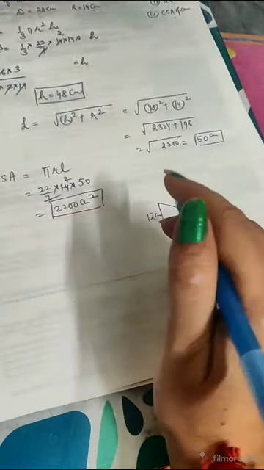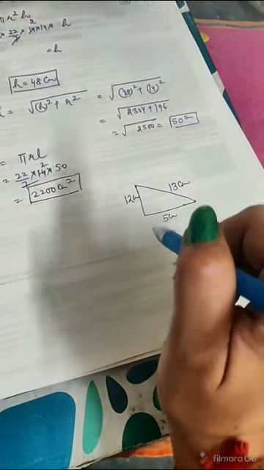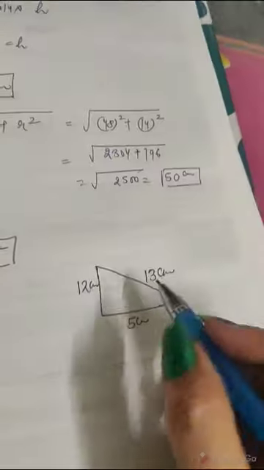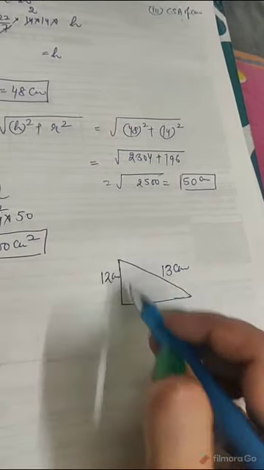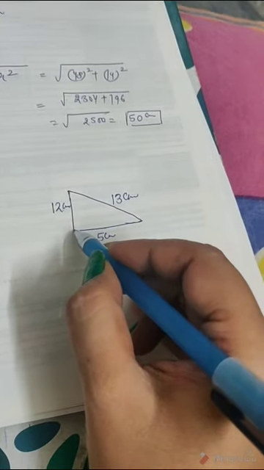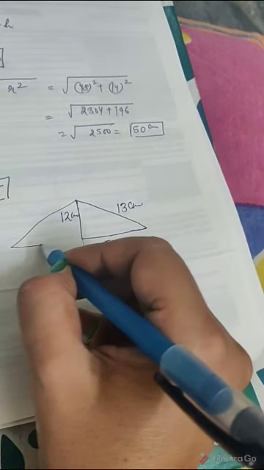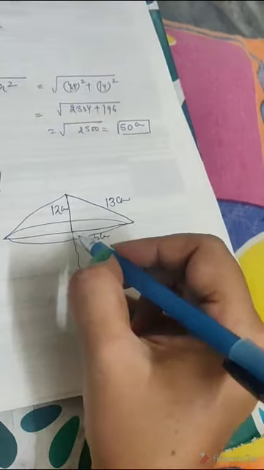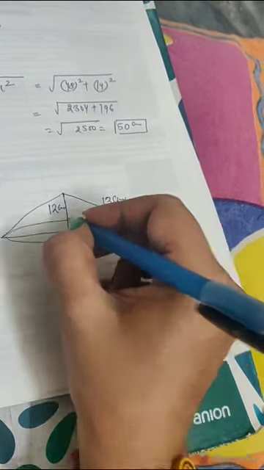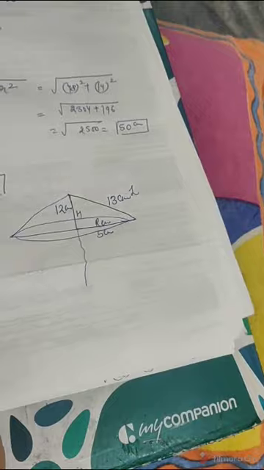Now when you take this triangle, cut it and paste it on a stick, and revolve it about the side, this 12 centimeter, you are going to take this pencil or any stick here and revolve it. You will see that you are getting this shape here. It will be like a cone, like this. So your radius is going to be 5 centimeter, your height is going to be 12 centimeter, and your slant height is going to be 13 centimeter. The question says that you have to find out the volume.